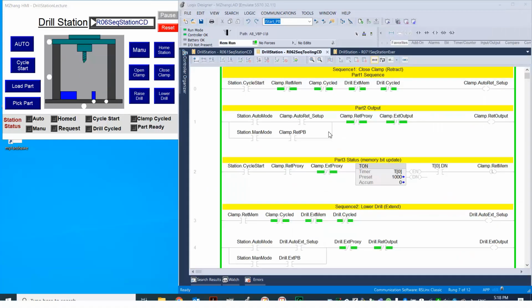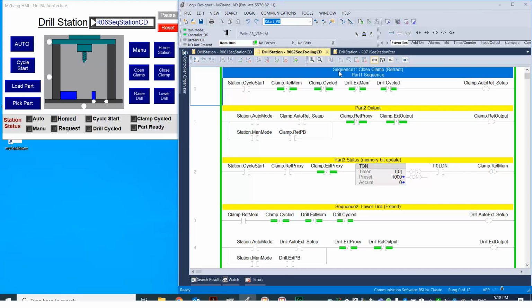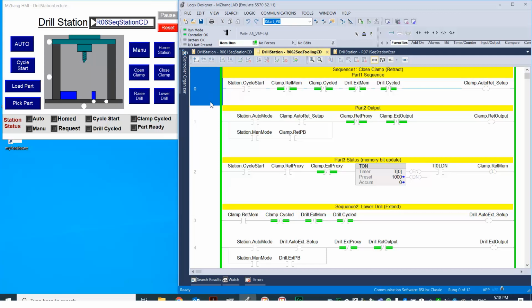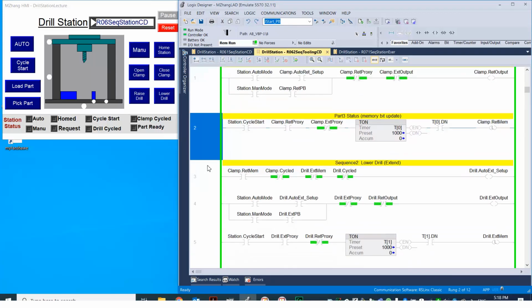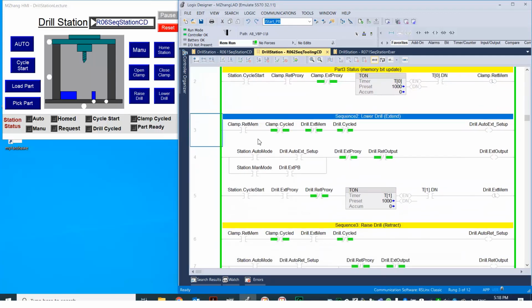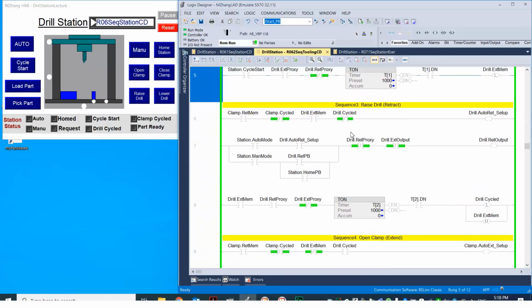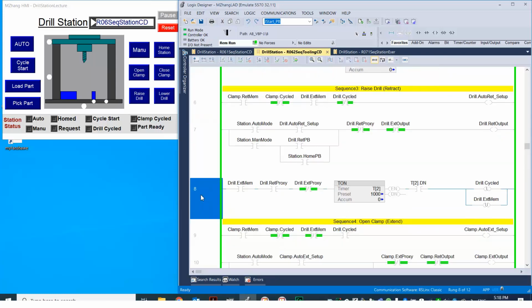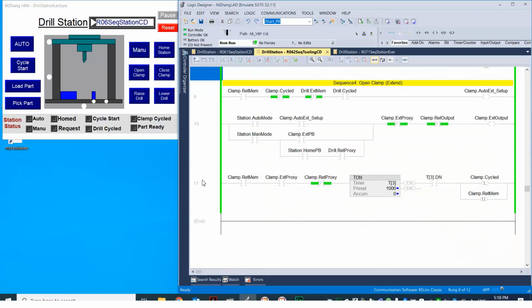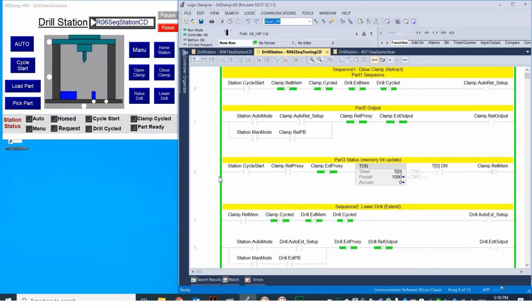Right. Okay, so on this Studio 5000 project file, I already entered all the logics. You can see here that's sequence 1, 3 rungs, 1, 2, 3, and start from here. That's sequence 2, the 3 rungs, exactly the same as what we designed on the slide, right? 1, 2, 3 for sequence 3 and sequence 4. All right. So if you look at the top, all these 4 sequence bits are 0 at the beginning,